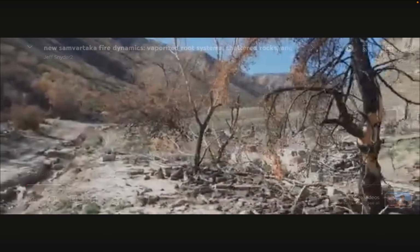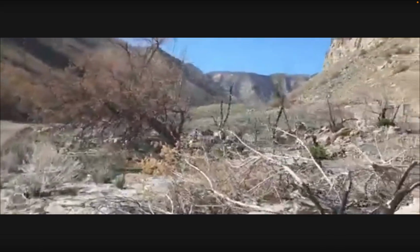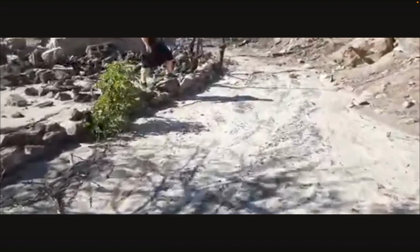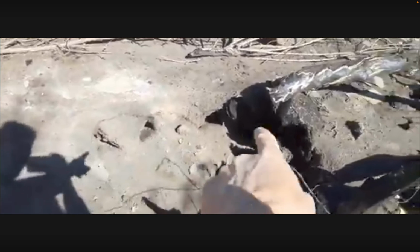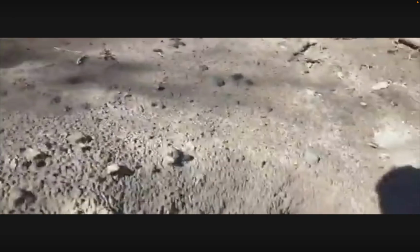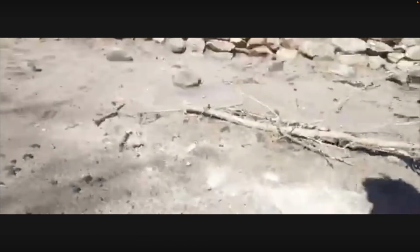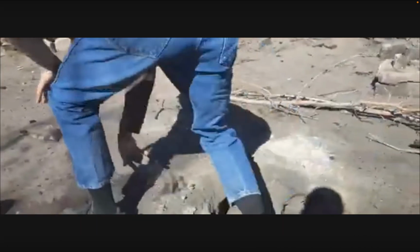I've never actually pointed it out directly in a video before, but this tree right here, that's the whole base of it from right here. And you can see where the roots were. Let me turn some light on. Here, come around the camera. Oh, yeah. I'm gonna stick my hand back in there and show them that these are once roots of this whole tree,